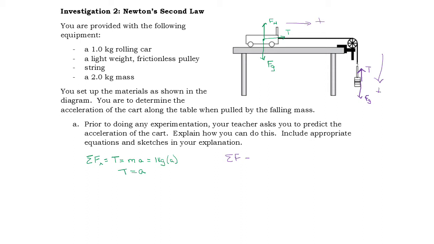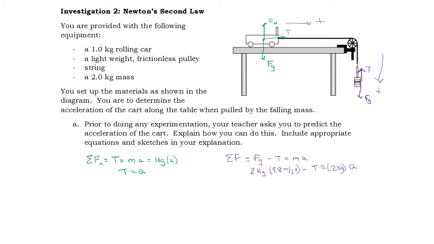So I want to write Fg minus the tension equals Ma. The mass of the falling weight is 2 kilograms. So its weight is 2 kilograms times 9.8 meters per second squared, minus tension equals 2 kilograms